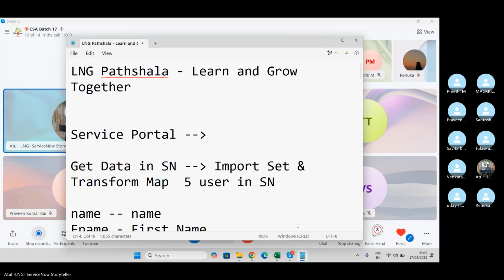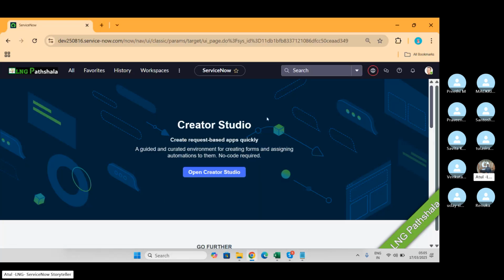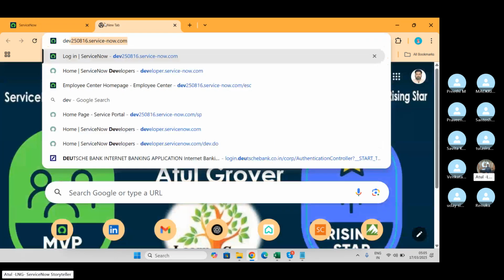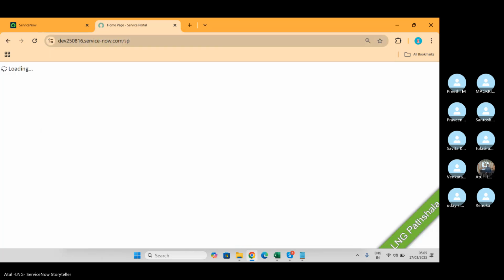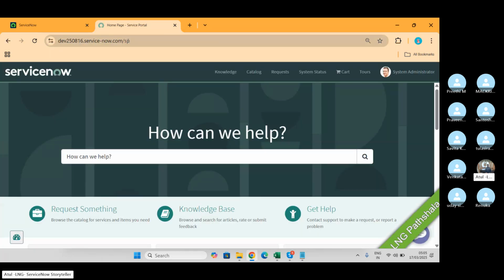So as I said, there are two things. Number one, this view is called the native view, and when we open /sp, this is called the portal view.